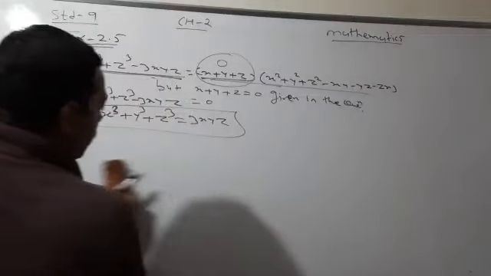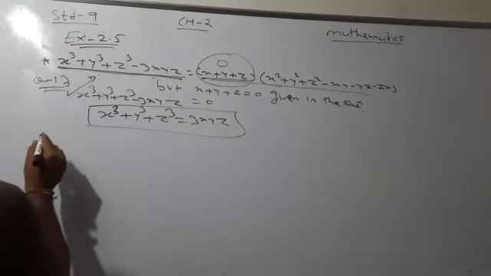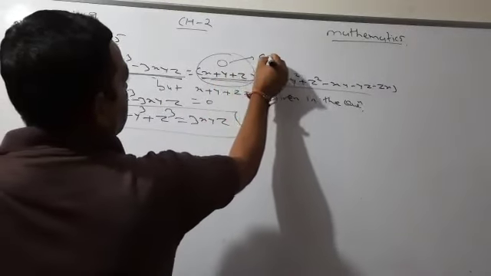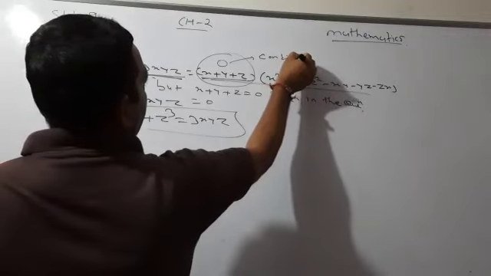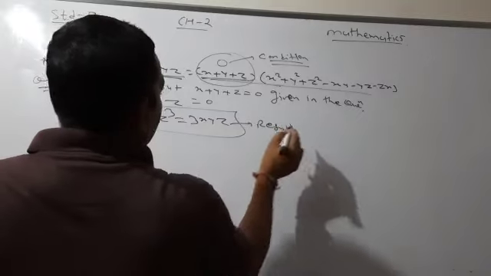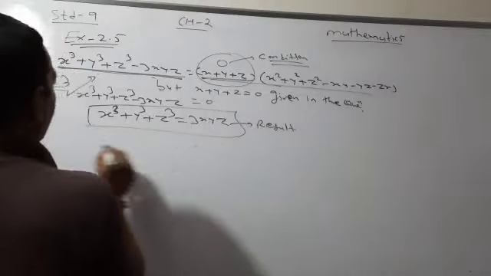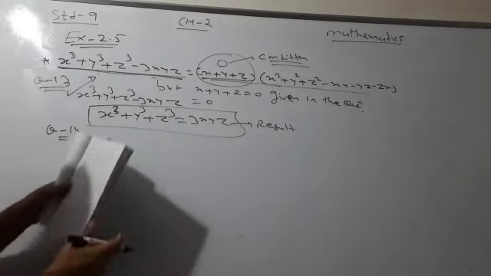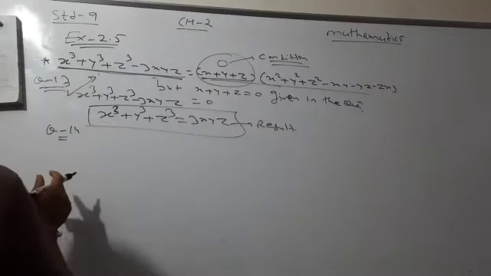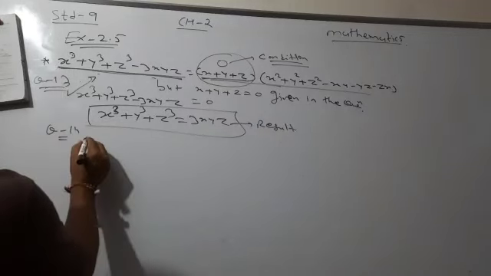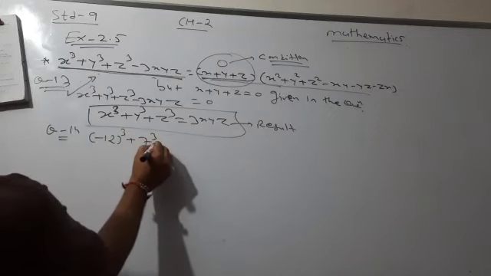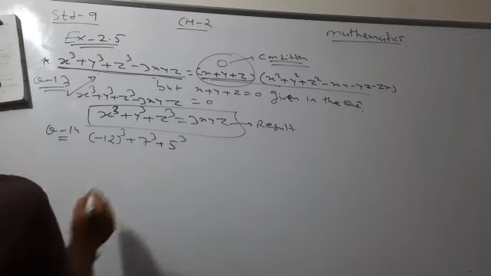Now question number 14. See, in question number 13, the condition is x plus y plus z is 0. This is the condition, right? This is given in the question. And this is the result on the basis of that. Now we'll use the same thing for question number 14. See, in question number 14, there are two sub-questions. We'll solve only one. Without actually calculating, write the answer of minus 12 cube plus 7 cube plus 5 cube.